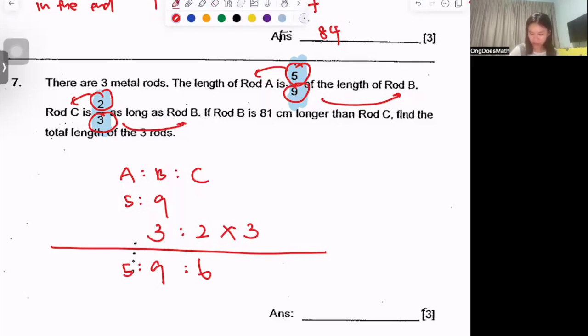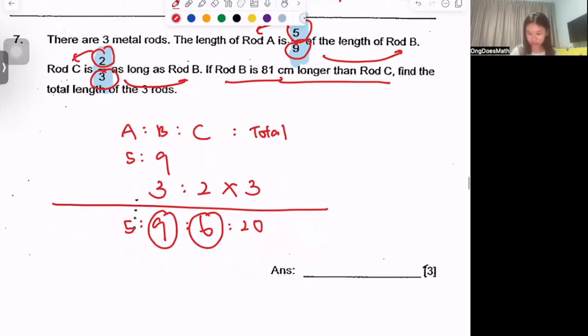Now we can add another column called total. So total will just be 5 units plus 9 units plus 6 units. It should give you 20 units. Okay, now our ratio is perfect. Now we are given another information, which is that rod B is 81 cm longer than rod C. So let's compare B and C. B is 9 units, C is 6 units. So if I were to draw the model,